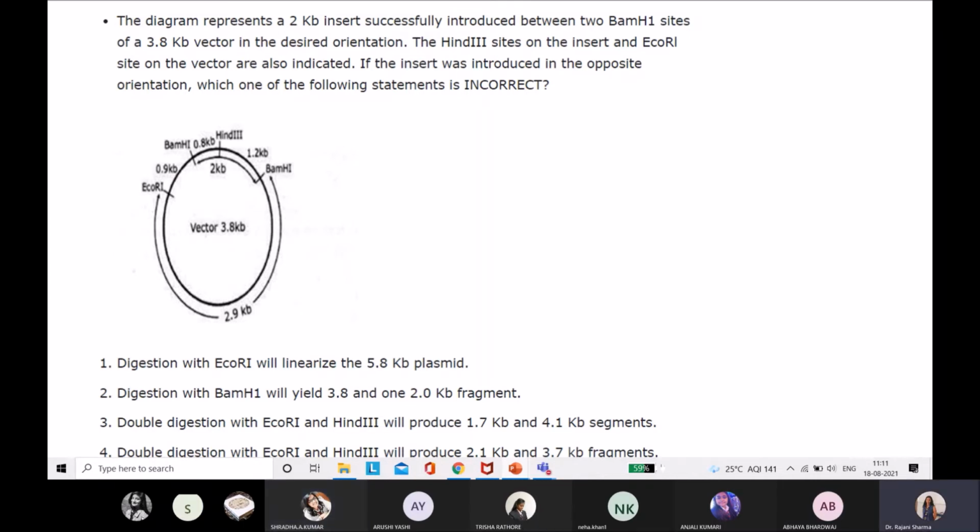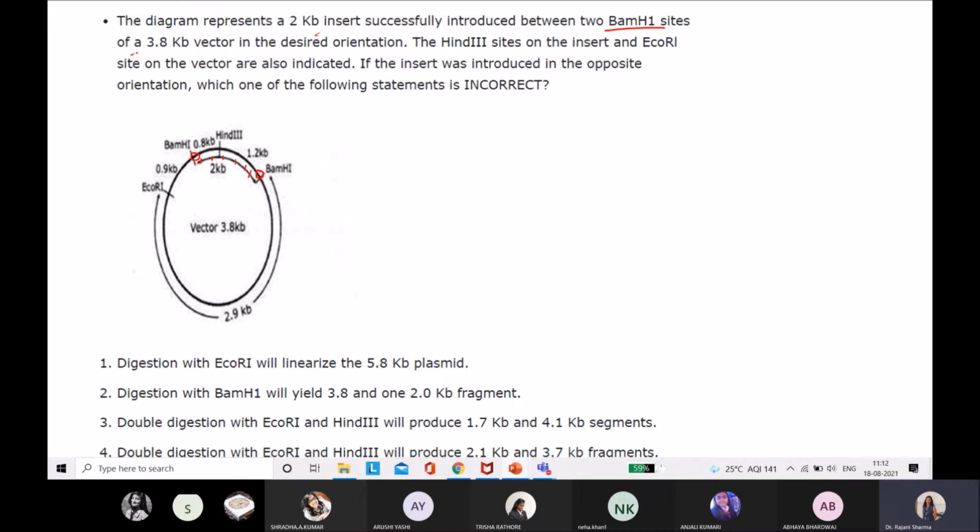So the question is, the diagram represents a 2 kb insert successfully introduced between two BamHI sites. Okay. So this 2 kb insert, you can see here with this arrow, is there between two BamHI sites. So obviously when these two sides are BamHI, then definitely this cutting site will also have the BamHI hanging end.